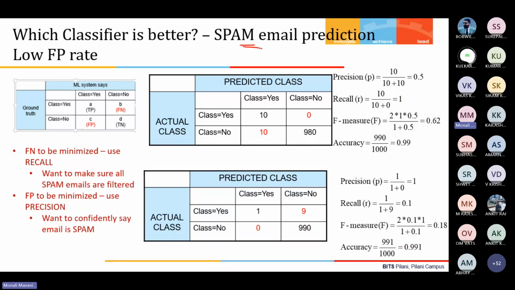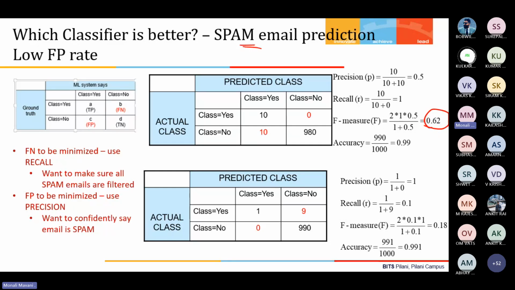Again, take a simple example, not such a life-threatening medical problem: spam email prediction. All the numbers are the same. If you do not have domain knowledge, you can pick this F measure 0.62 and pick that model. But now you are a domain expert,